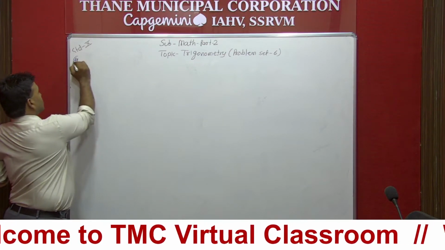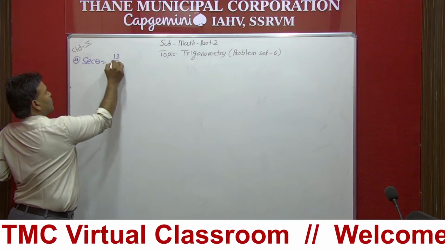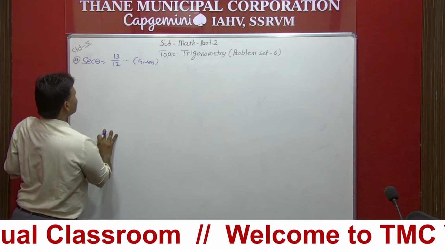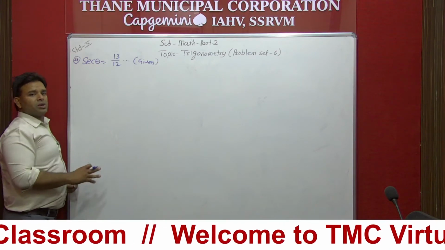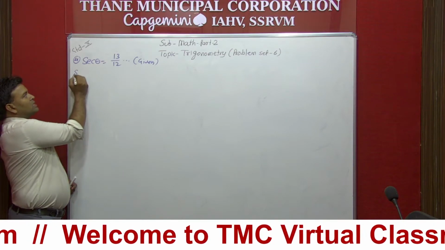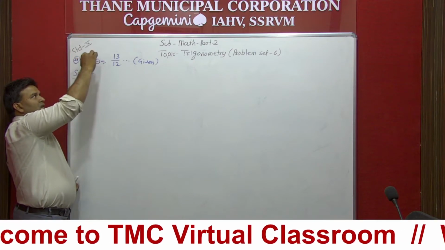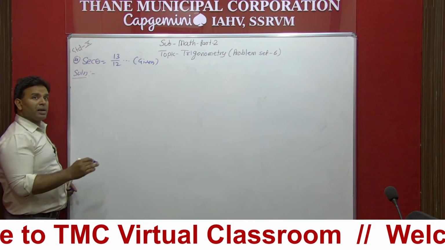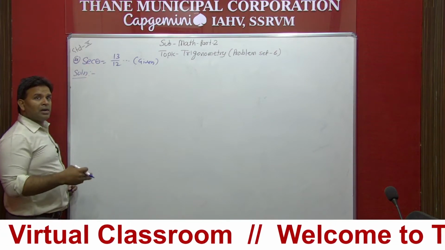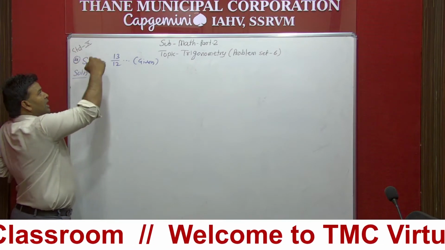Question number 4. Once again we have to find out all trigonometric ratios. Now let's see. Let us start with the solution. In the solution we are given sec theta and we are supposed to find the remaining trigonometric ratios. Sec theta से related identity कौन सा है? अभी हम लोग जो tan का किया था, 1 plus tan square theta is related to this one only.